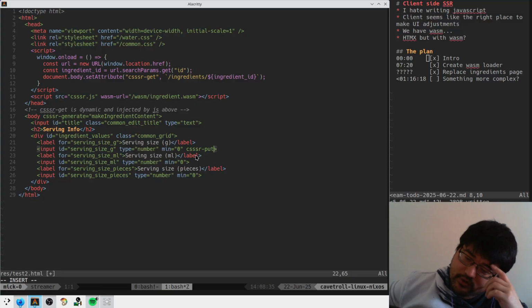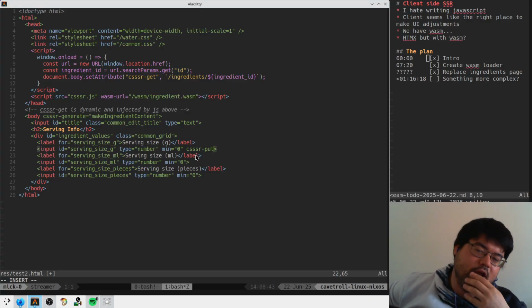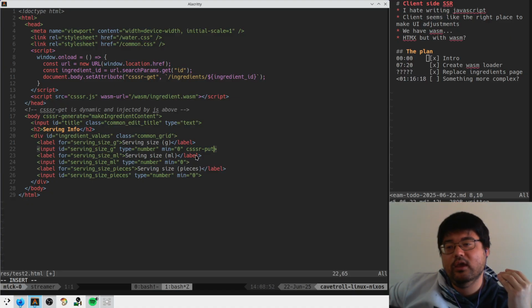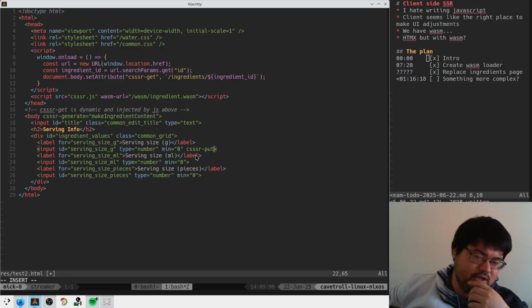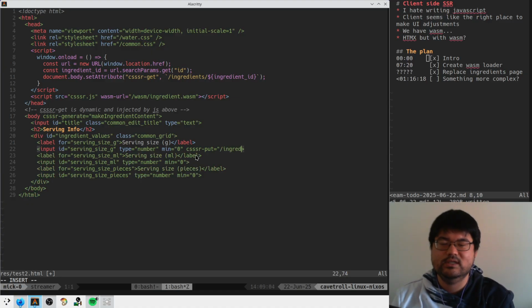And then the response, I guess there's no response to handle in this case. In some cases, we might put something and then ask the WASM to generate a new blob, like an HTML thing for us. But in this case, I don't think so. I think it's just that this guy is going to put on ingredients